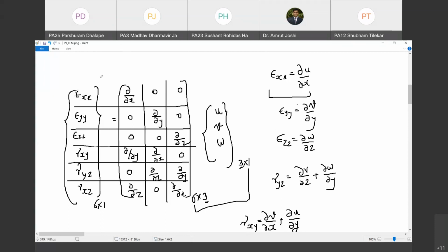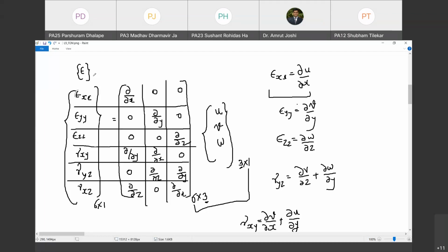Yes. So now we are going to simplify this matrix, this strain tensor, which is a matrix of 6 cross 1. We are going to denote it by epsilon, and as it is a column vector, we are going to show it in curly brackets. Are you with me? So this is epsilon. Epsilon consists of epsilon xx, epsilon yy, epsilon zz, gamma xy, gamma yz, gamma xz. Are you with me? Yes.